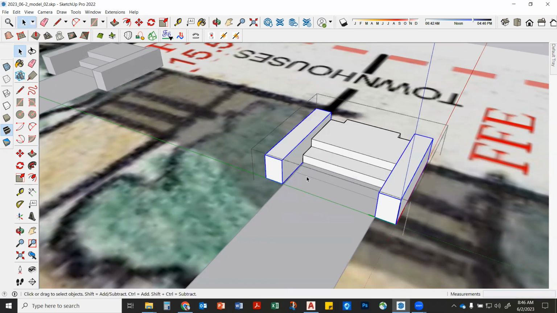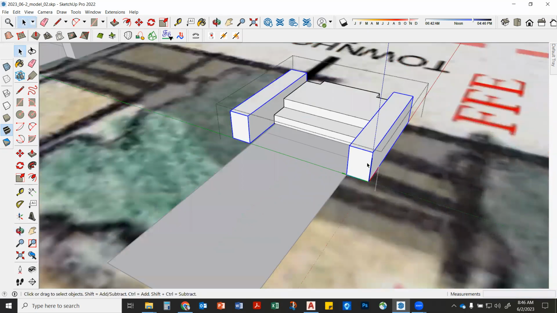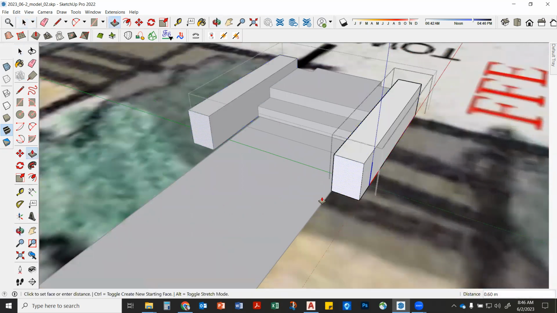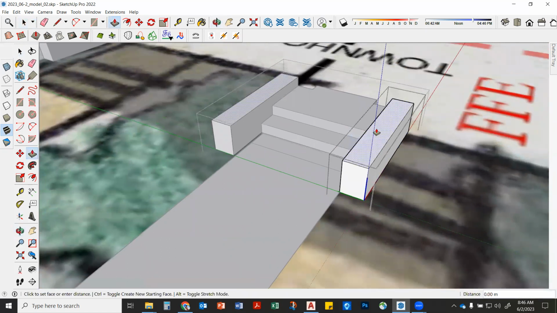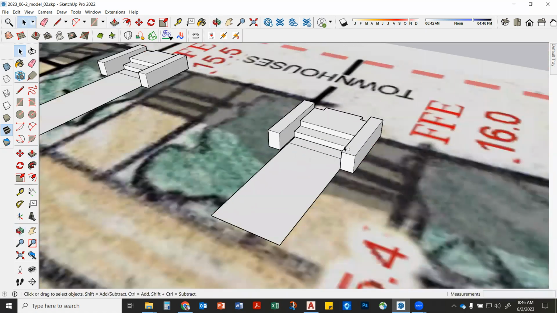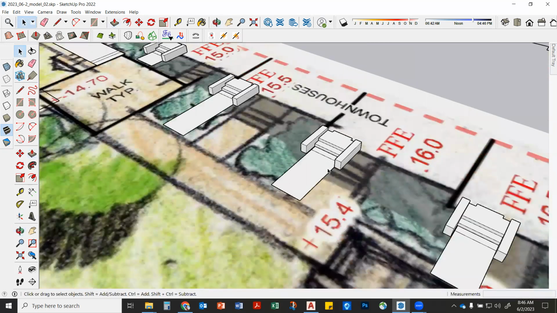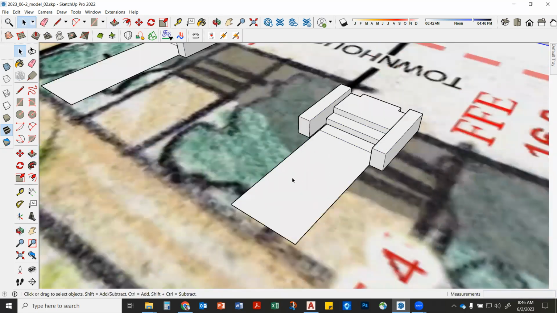So we have to come in and actually select these components as well and click make unique, right? So then we could come in here, push pull these out a little bit further if we needed to do a little bit more stairs. We can make them a little bit taller if we needed to, right? And then from there, just like we've done before on the other walks,